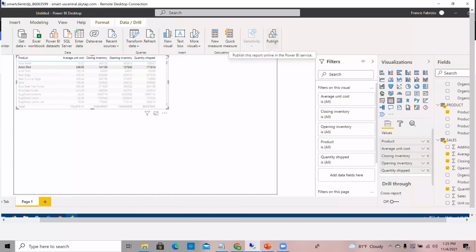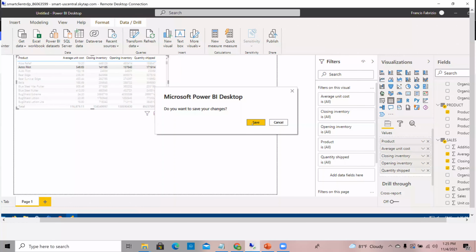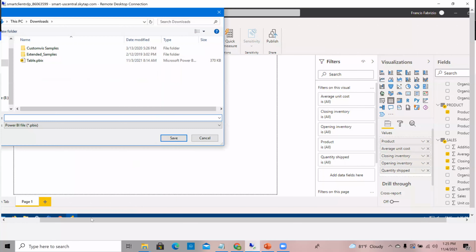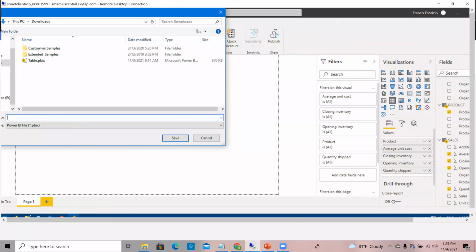There's a publish button right here. I click on publish, save changes. Let's do it. Wants me to save it as something. Under downloads, I'll do demo. Yeah. Hit save. And it seems a little bit slow,